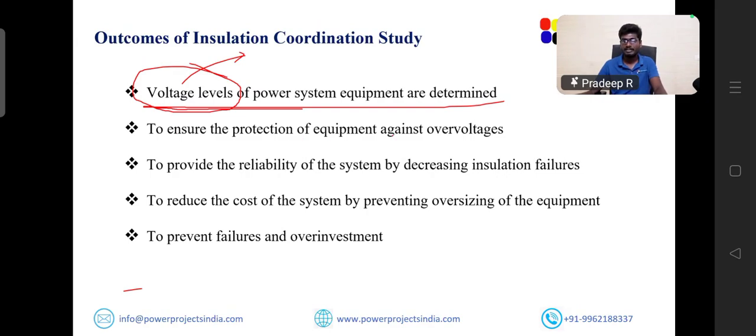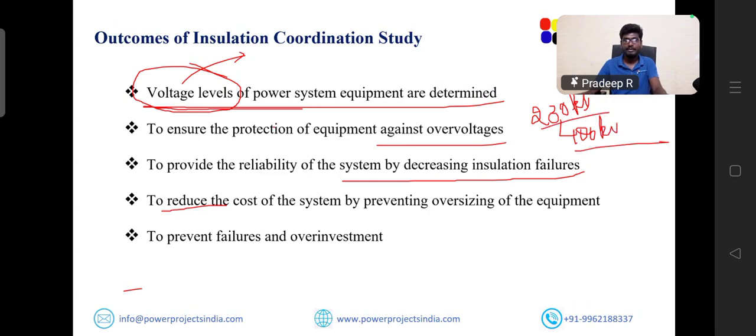To ensure the protection of equipment against high voltages, as we said, to provide the reliability of the system by decreasing insulation failures, right? So upon performing this, we are able to identify the reliability of the system and to reduce the cost of the system by preventing oversizing of the equipment. For example, in case it is a 230 kV system or 400 kV,